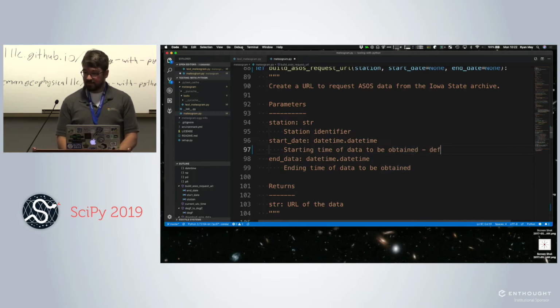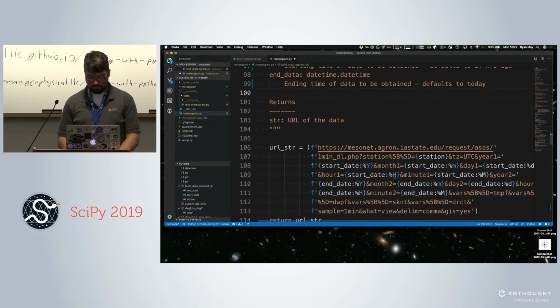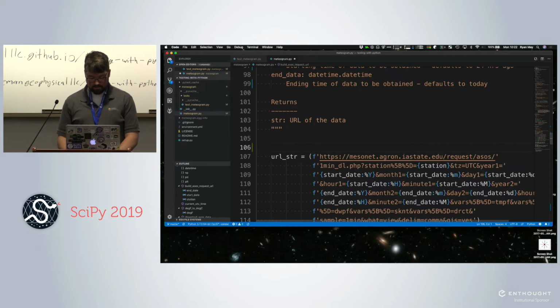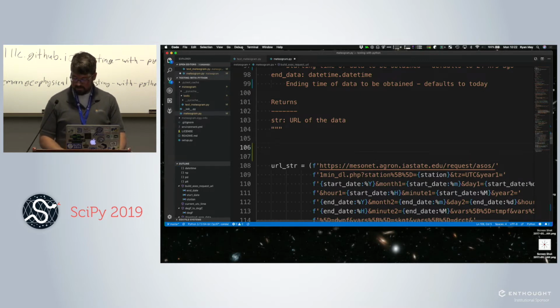Don't forget to modify your doc string. So it defaults to 24 hours ago. Default to today. And then we've got to put a little bit of logic in our function here.